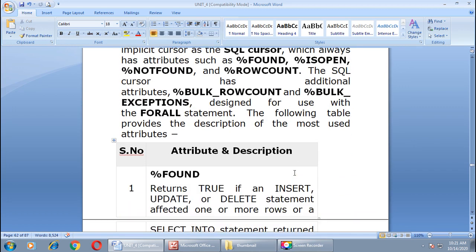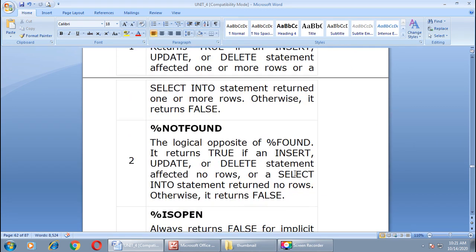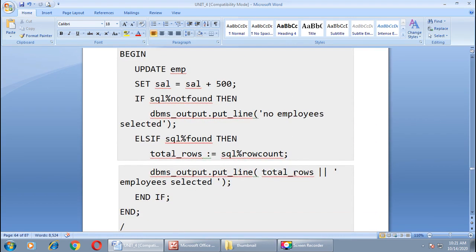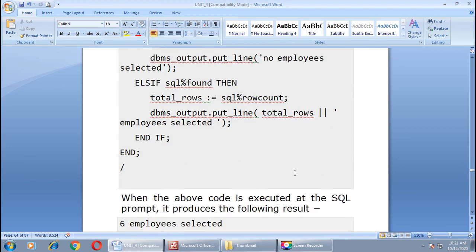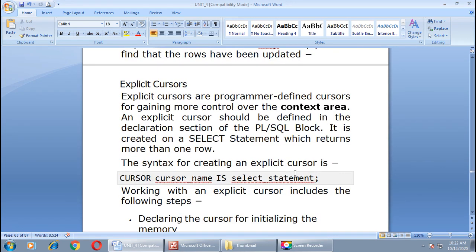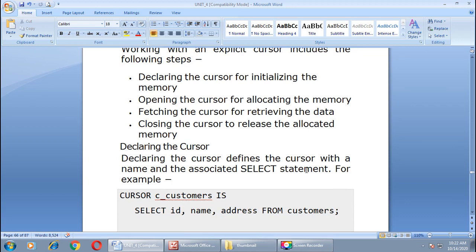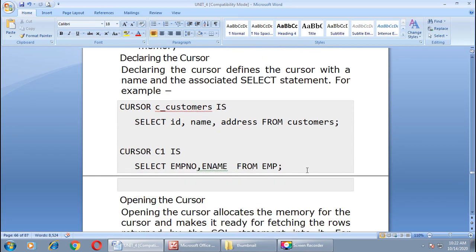We had gone through two examples of implicit cursor, and one example of explicit cursor. Then we covered the difference between implicit and explicit cursor. We also went through the steps to define or declare a cursor.